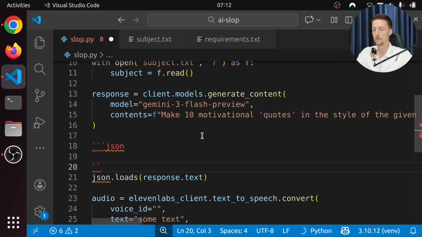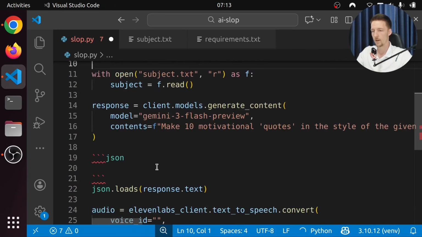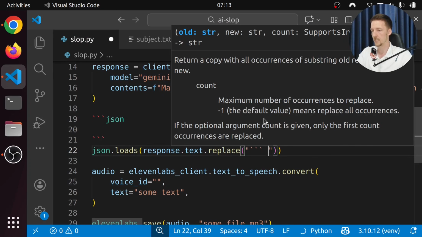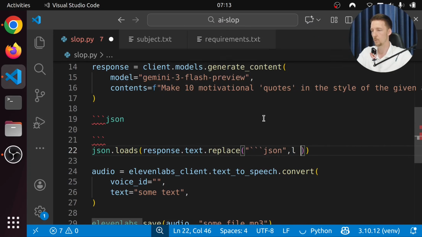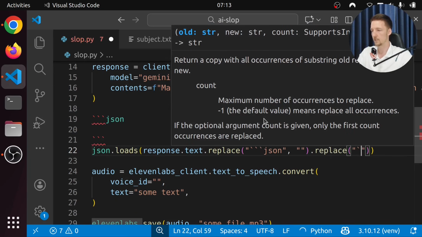So we have to strip these things out. So let's first import json, and then we are going to get the text, and we are going to replace this ```json with nothing, and also replace just ``` with nothing.